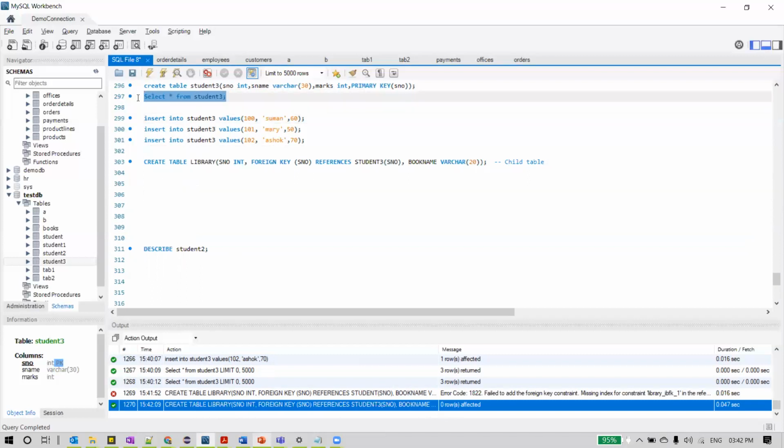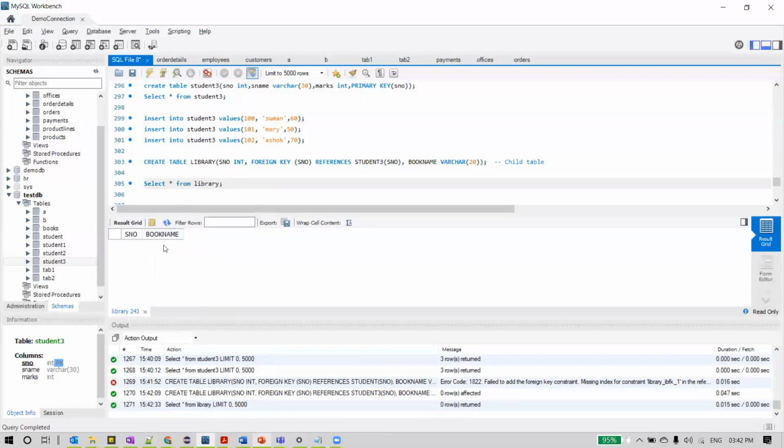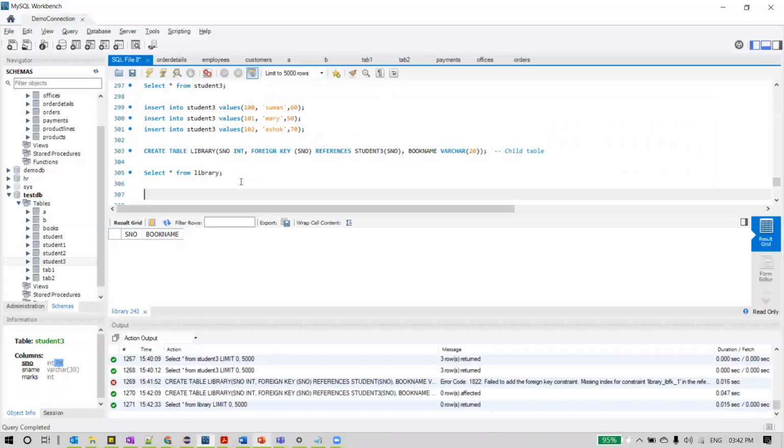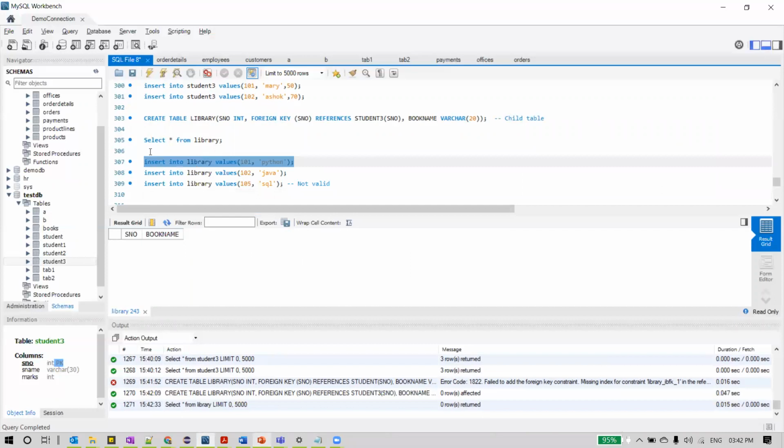Now let us query this library table and check. So this is the library table which has no data. We wanted to insert it now. Now observe. As library table has S number and book name, we wanted to insert some values into it.